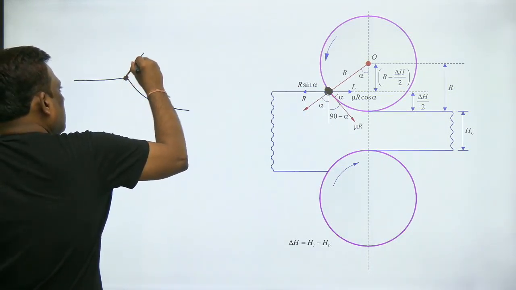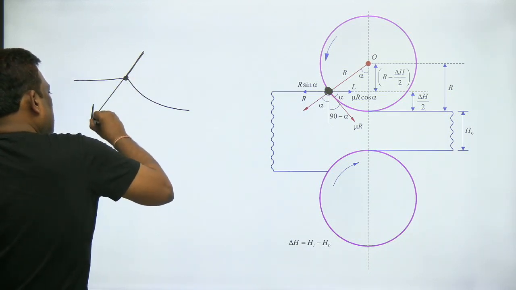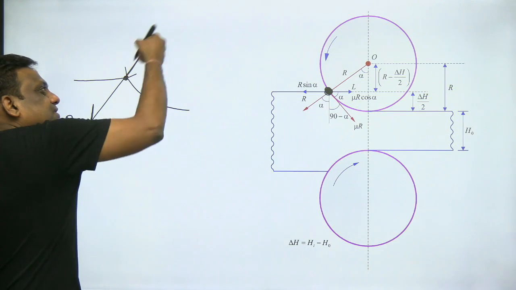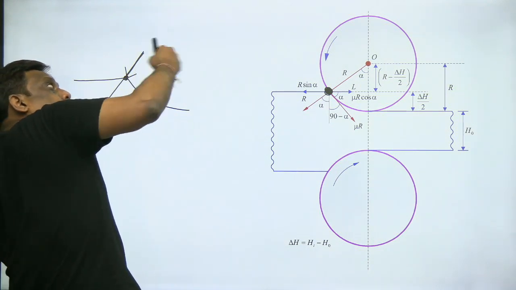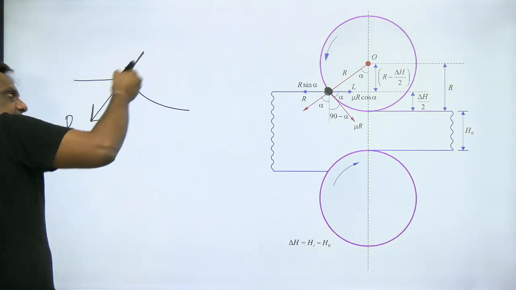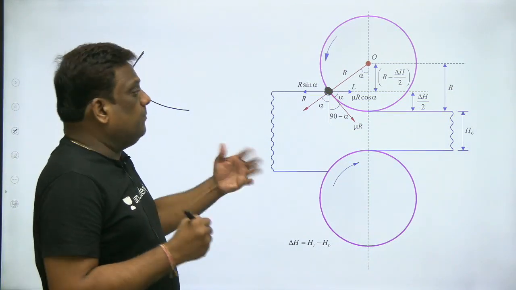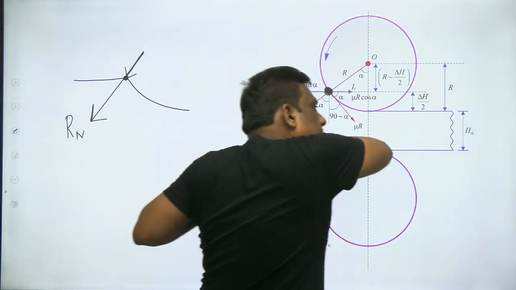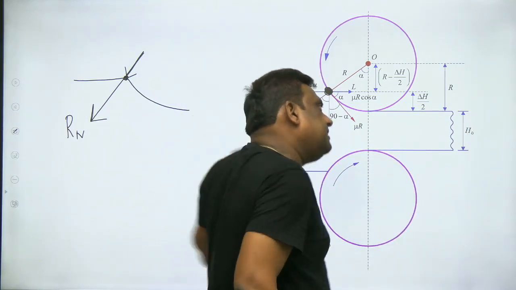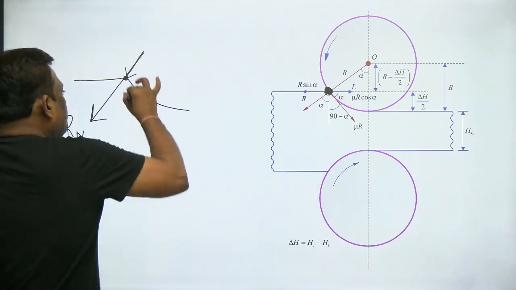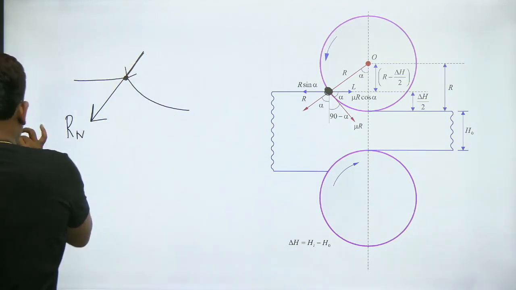This is your normal reaction, Rn. Can you tell me what is this? This is the force exerted by the roll on my workpiece. All these forces I am showing on my workpiece. So on my workpiece, there should be a net rightward force. Then only it will be entering of its own due to friction. Okay. Now look at my dear students.